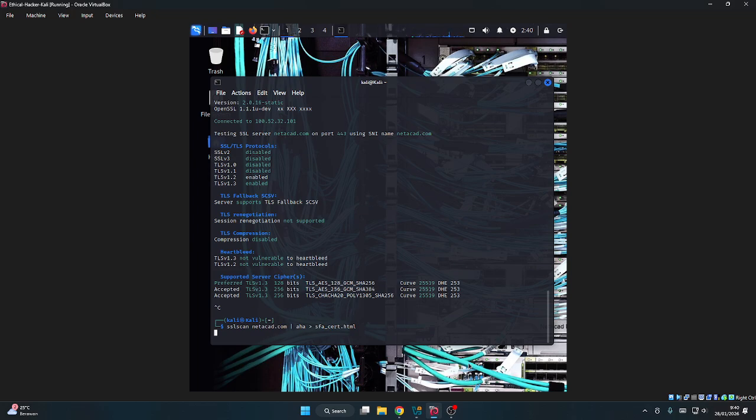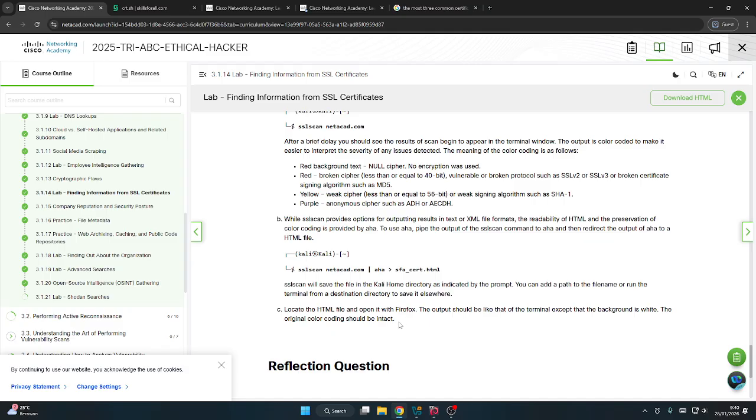Sambil menunggu kita lanjutkan. Jadi setelah kita menjalankan ini, hasil SSL scan itu bakal disimpan di file Kali home directory as indicated by the prompt. Kita bisa nambahin path dari file name-nya biar kita bebas mau nge-save-nya di mana aja.